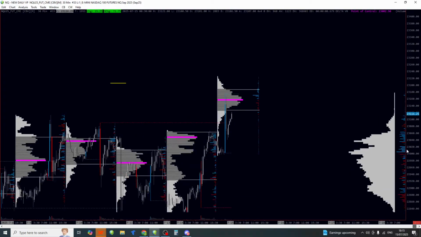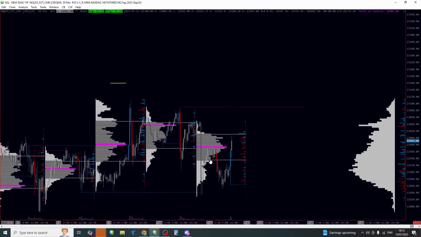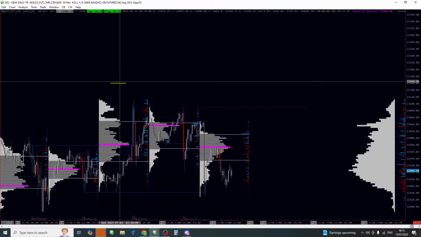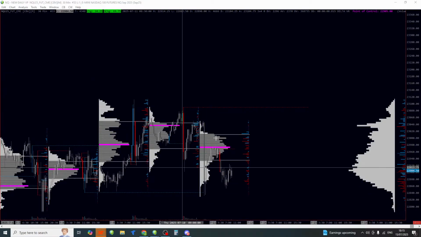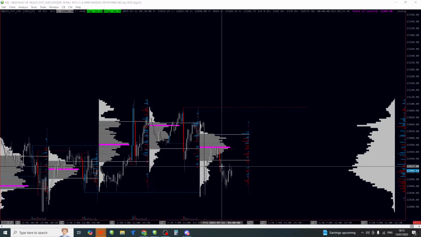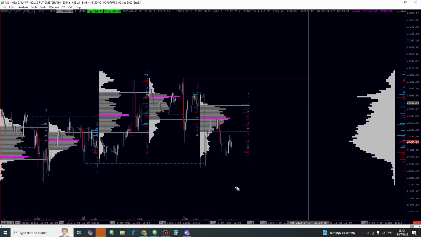Right, so here's a good example. This trade I took on Thursday. Sorry, this day here. What I can see, and you can tell this without even looking at volume profile, is that price is trading nicely inside of this range. Now what I can see here, and this is what is good about volume profile, is at the lows,